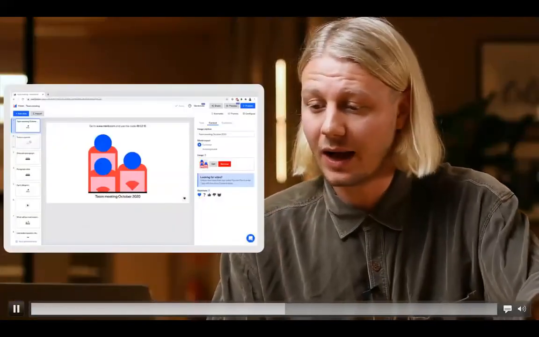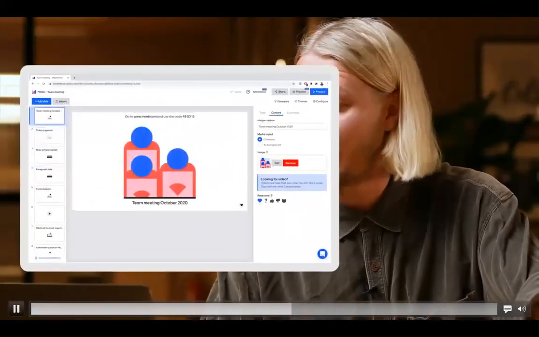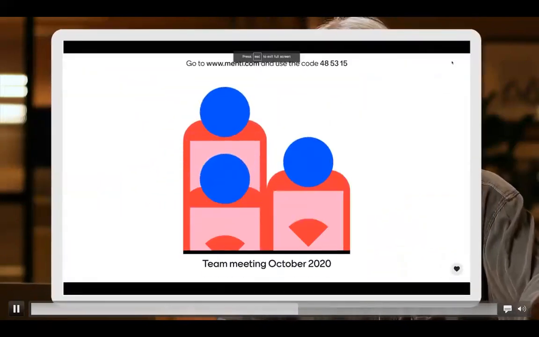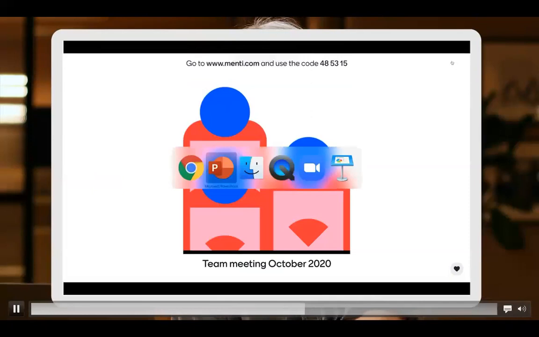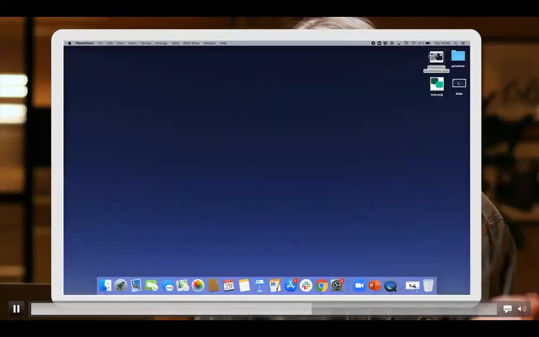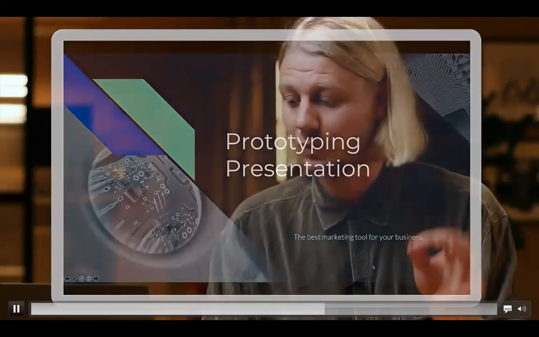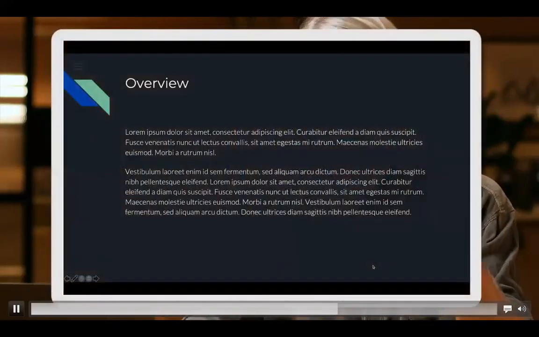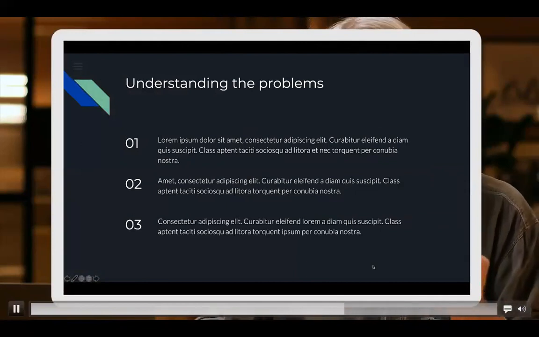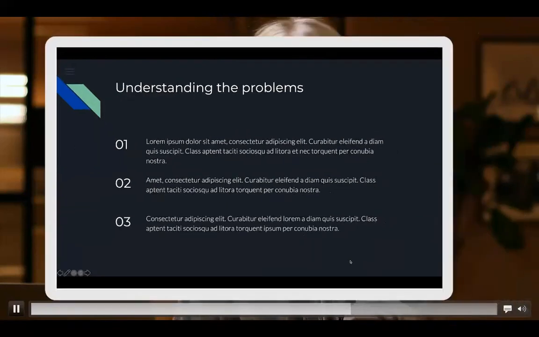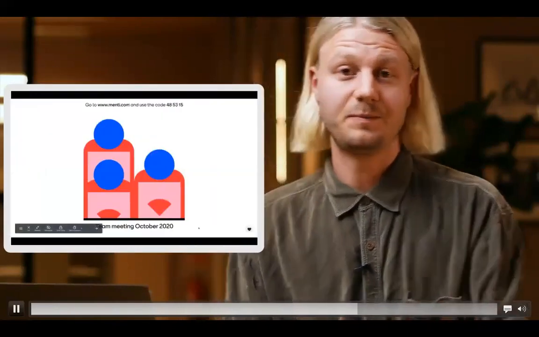Now, the quickest way to use Mentimeter together with PowerPoint is to use them side by side. And I'm going to show you how to do that as well. So here I have my Mentimeter presentation ready to go. I'm going to select Present so I have it in full screen. Then I'm going to use Command Tab or Control Tab if you're using a PC and open up my PowerPoint presentation. I'm going to put that in full screen mode as well. And now I have both presentations in full screen. I can go through my PowerPoint presentation, and when I want to add audience interaction, I simply select Command or Control Tab and switch between the two.